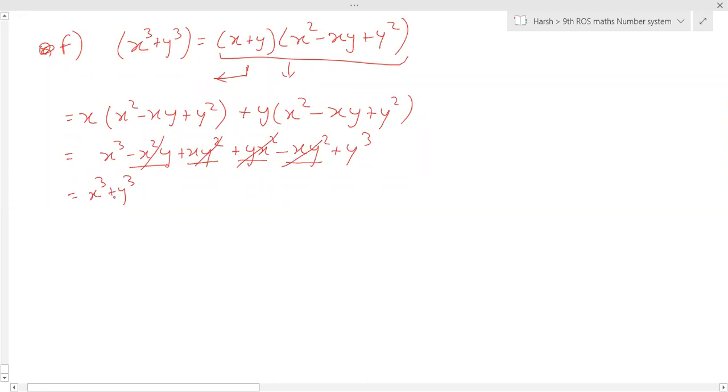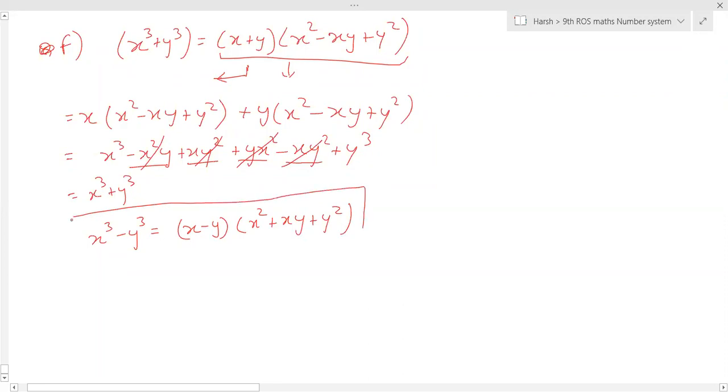Sir, I'm having a doubt, sir. Tell me. Sir, anytime these types of problems come, we just have to substitute the values and find it, and we have to multiply, right? Sir, suppose x is 2a and y is 3b. That is one type of question.